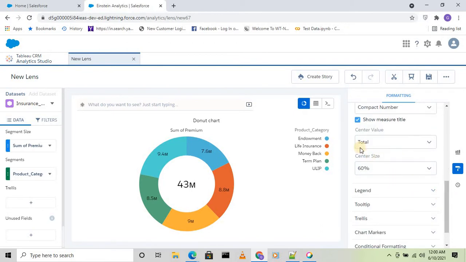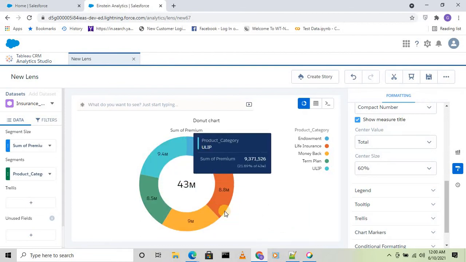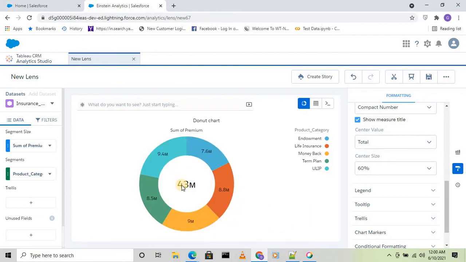Okay, then center value. This center value, whatever we are seeing here, 43 million, is the aggregation of all these values. The sum of everything is 43 million. Currently I am showing total, but if I select none, then you see nothing is displayed here.